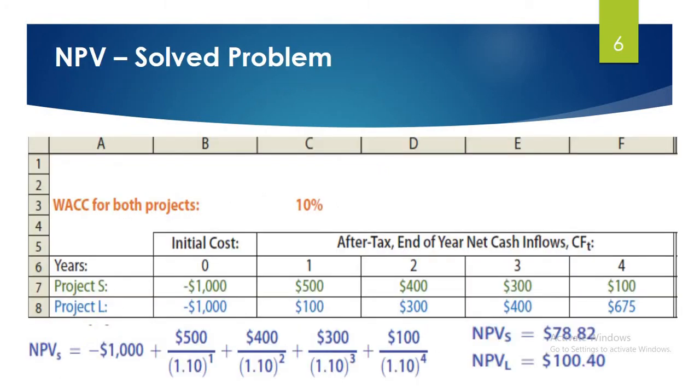Here is a solved example of NPV. Here there are two projects, project S and L, and weighted average cost of capital for both projects are 10%, or this is the 10% is the discount rate. Let's look at the NPV calculation of project S. Project S has an initial cost of 1000. Then it will generate 500 in year 1, $400 in year 2, $300 in year 3, and $100 in year 4. Based on the NPV formula,